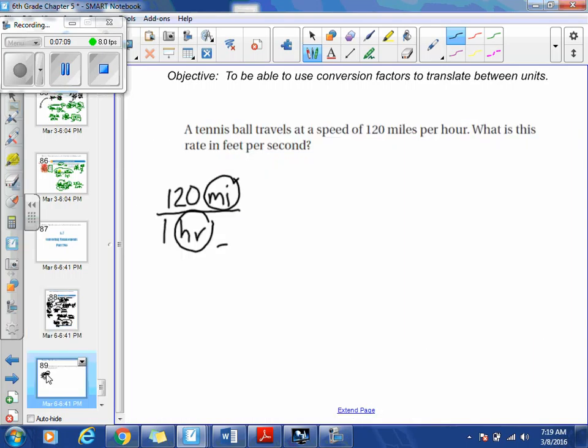So what I would like you to try to do is use those conversions to change, just like the last problem, 120 miles in 1 hour into however many feet per 1 second. So see if you can do